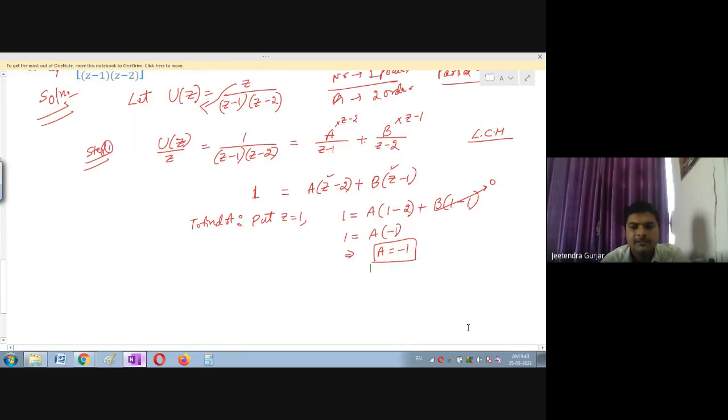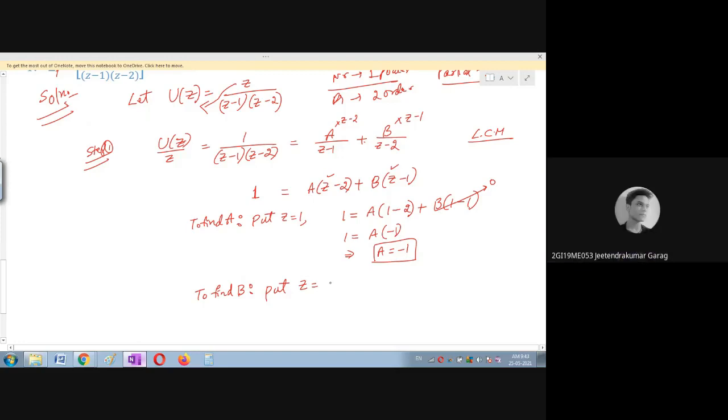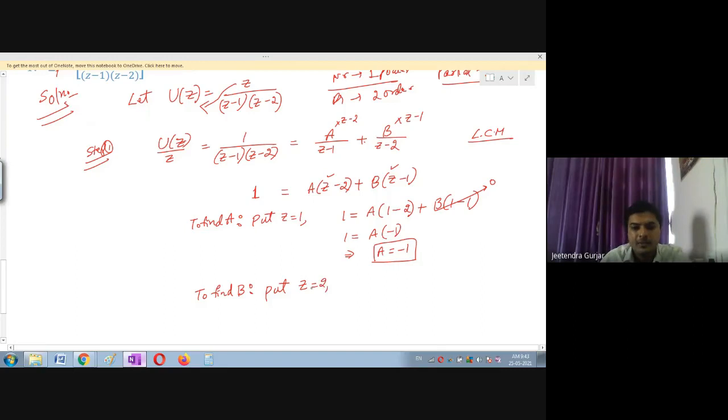Okay, now I think partial fraction will strike in your mind. Now please tell me what is the answer of B. To find B, what do I have to put? Anyone, please reply. Anyone, students, please think. Z equals 2. Very good, very good. Thank you for your reply. So Z is equal to 2 is the correct answer, because if I substitute Z is equal to 2, this term will get cancelled, students. Very good.